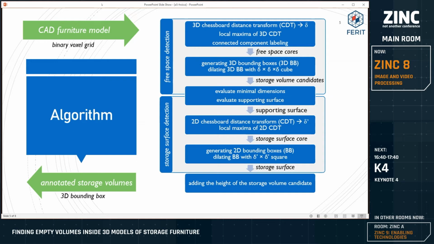The algorithm then determines the ratio of occupied voxels in the voxel layer below the storage volume candidate to the total area of the storage volume candidate underside. If that ratio is greater than an empirically determined threshold, this can be evaluated as the supporting surface of the considered storage volume candidate. That means that the storage volume candidate can be a storage volume. Otherwise, we eliminate it from the further process. And finally,